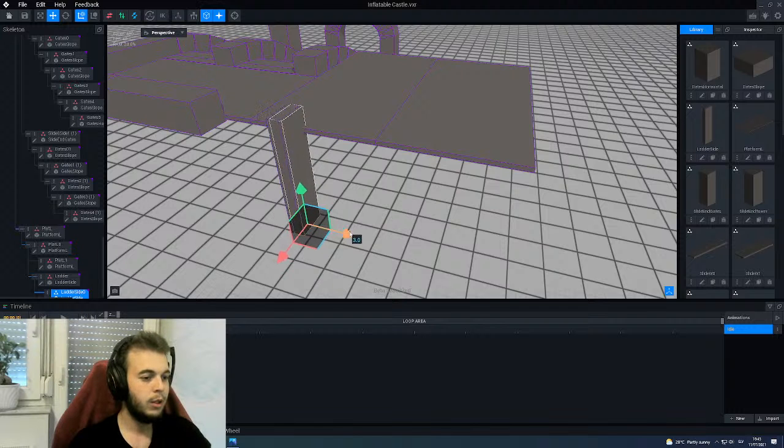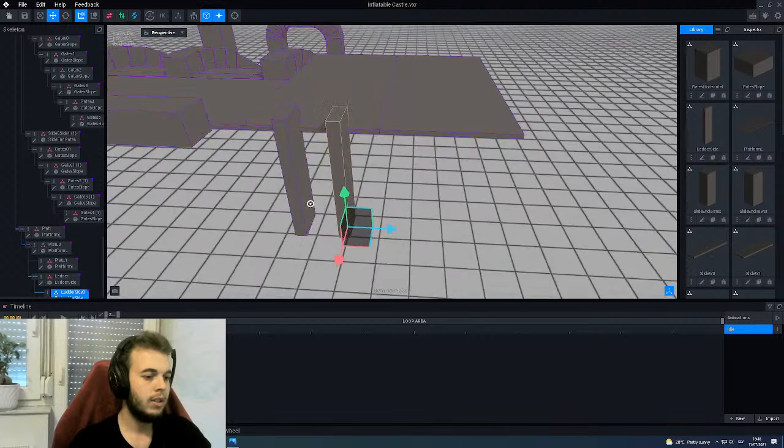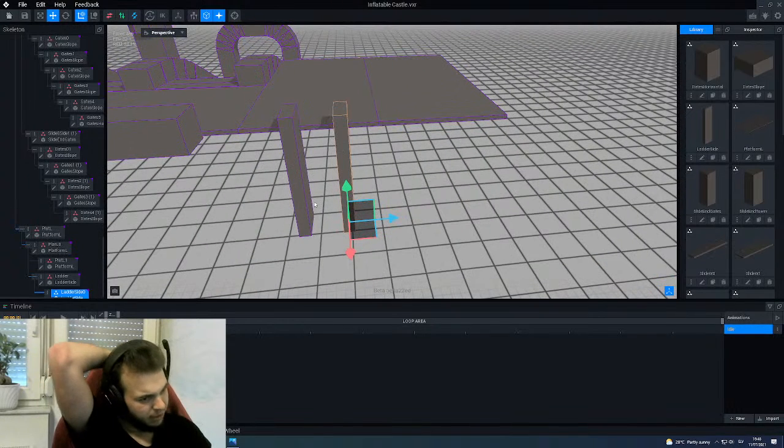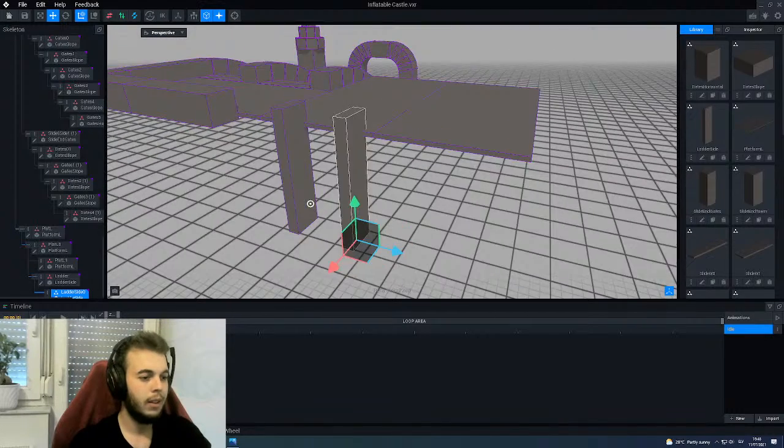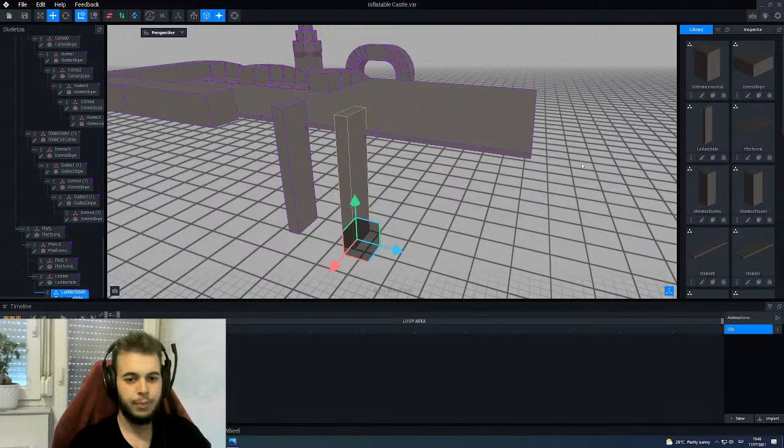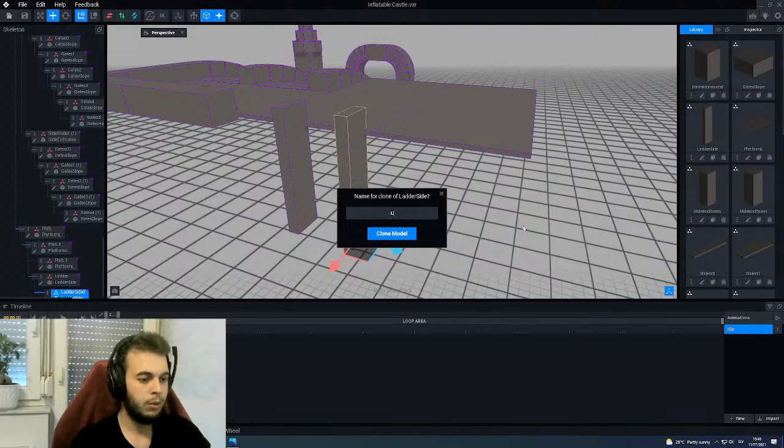And then let's move this to the right. Maybe, let's see, we can leave maybe 2 blocks in the middle. Of course, there's going to be some padding because we don't have our pivot points straight on the edge, but this should probably be about wide enough. And then let's duplicate this into ladder